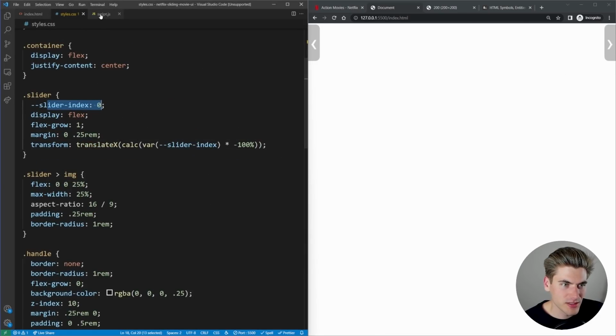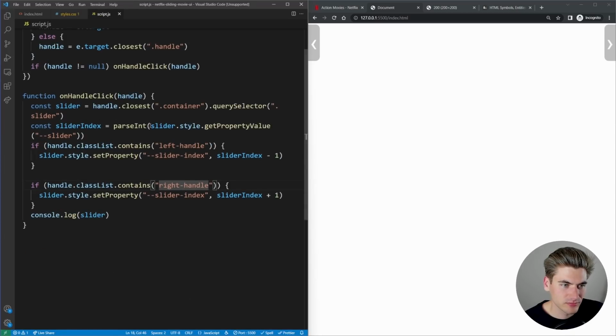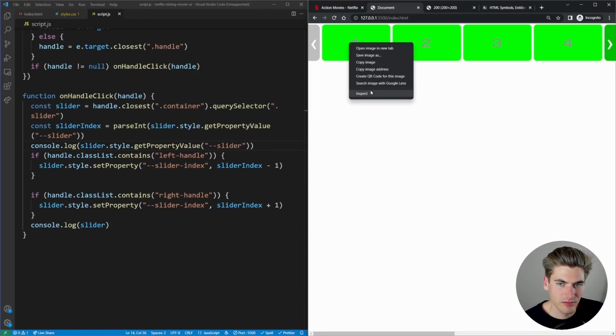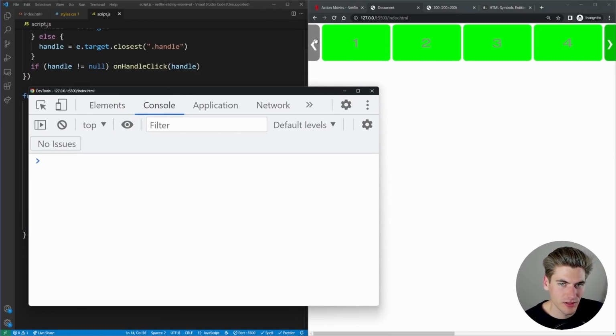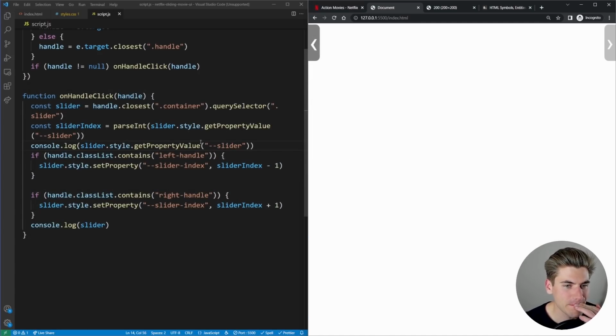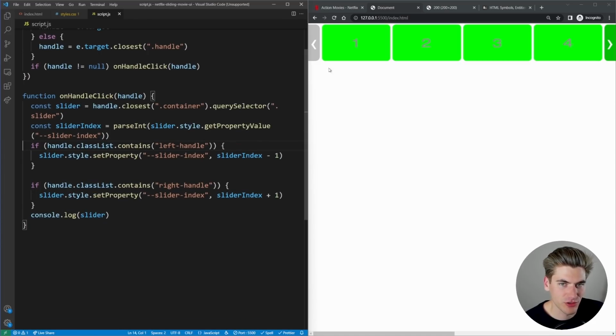Slider index should be 0 to start with. Let's see what this value returns to us. So if we look at our console, when we click left, it is returning to us a blank, nothingness. Oh, it's because it should say sliderIndex here. There we go. I should hopefully fix it.